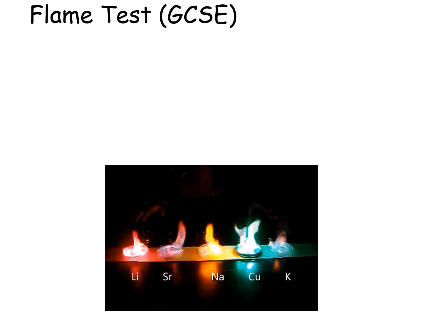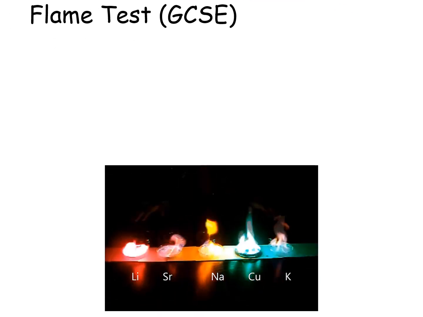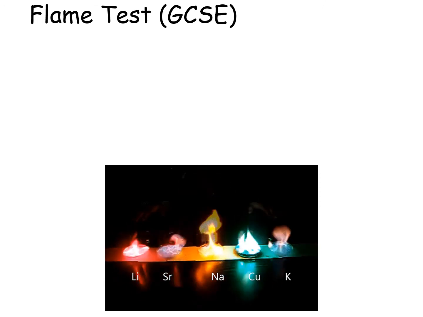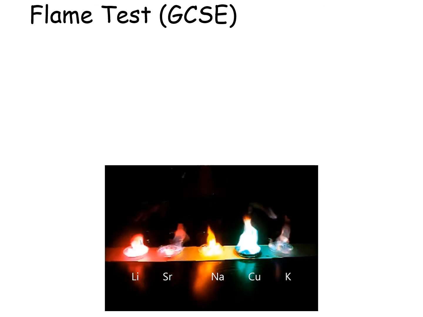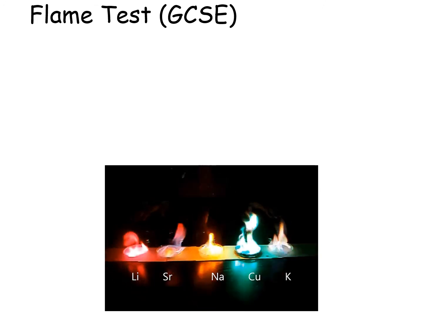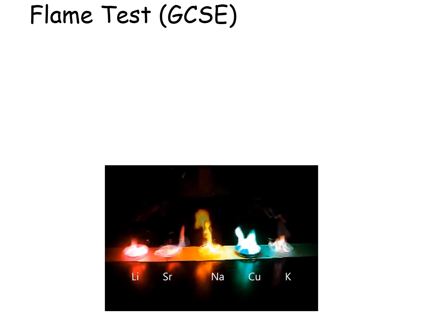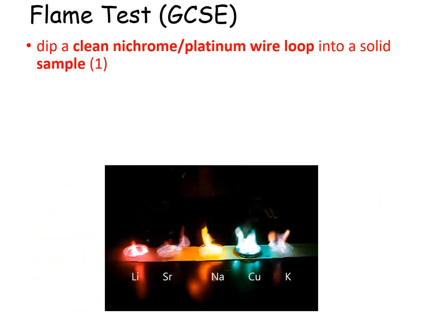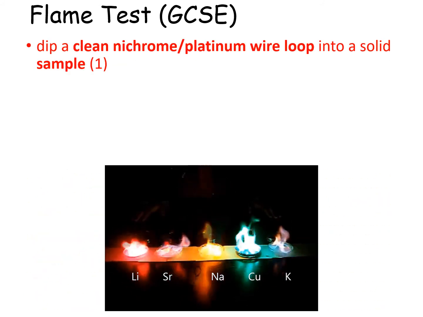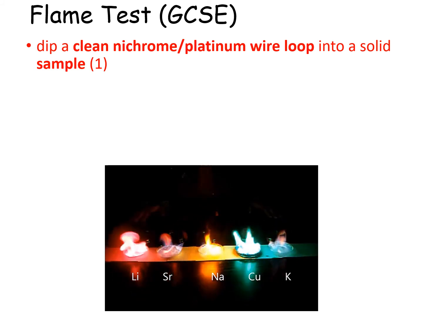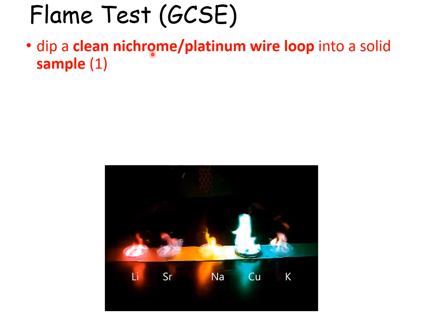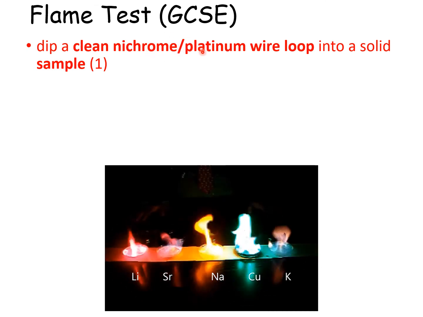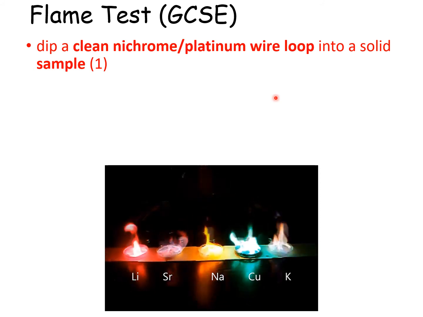So the flame test is something that you're actually required to know at GCSE level, but I think it's good to know it for Key Stage 3 as well. In GCSE, you'll be required to state how to carry out a flame test, and it could be a 2 to 3 mark question in an exam. So the first mark you'll get for saying: dip a clean nichrome or platinum wire loop into a solid sample. Now, it could be nichrome or platinum. If you remember, nichrome is just a mixture of nickel and chromium, and it has to be one of these two metals just because they are unreactive,